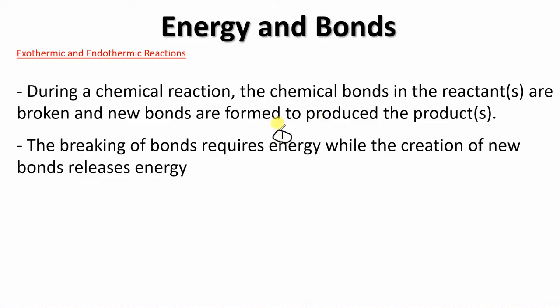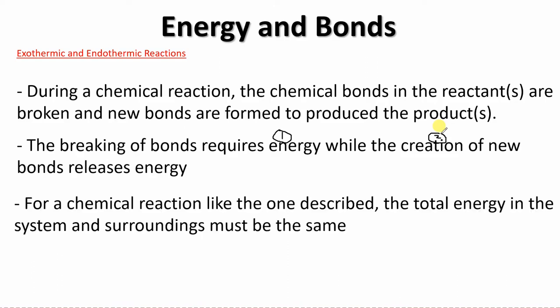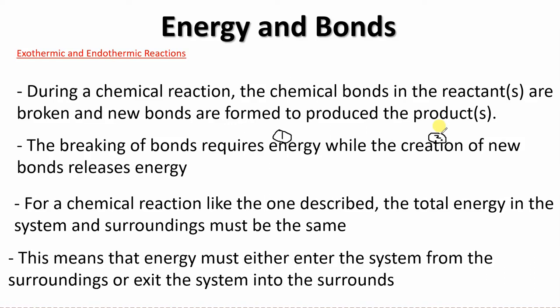We've got the energy that's released when we break bonds, and then the second step is the energy needed to create new bonds. So there's 2 steps here. For a chemical reaction like the one described, the total energy in the system and surroundings must be the same, so there's really no net change. This means that the energy must either enter the system from the surroundings or exit the system into the surroundings,